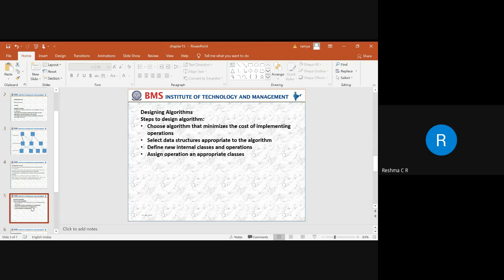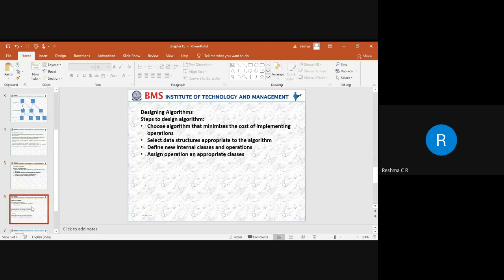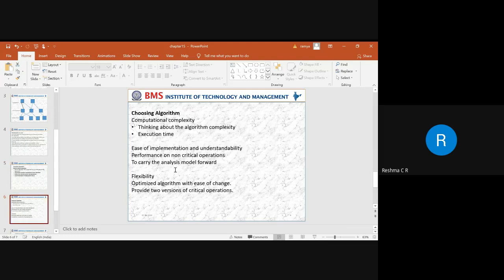And the next thing is ease of implementation. When we say ease of implementation, we need to identify whether the algorithm is a very simple algorithm which can give very good performance with respect to critical or non-critical operations.